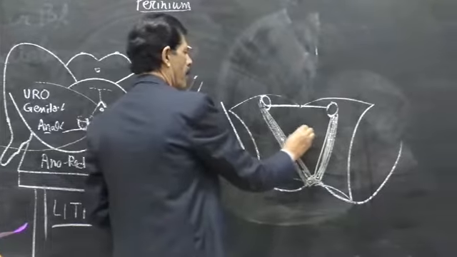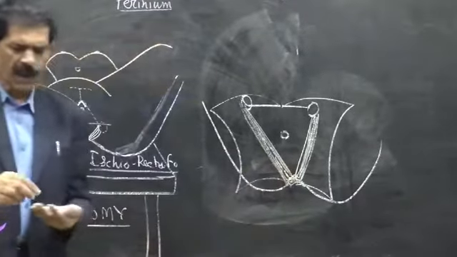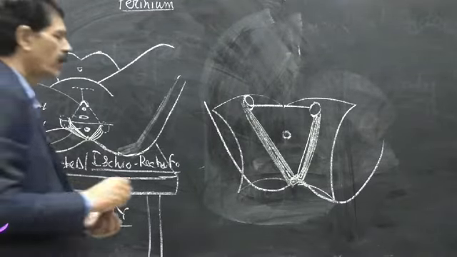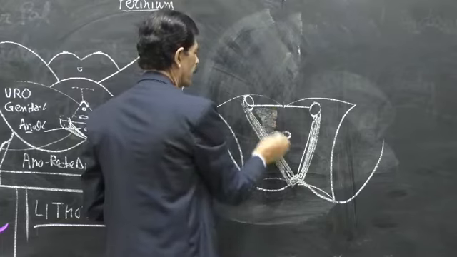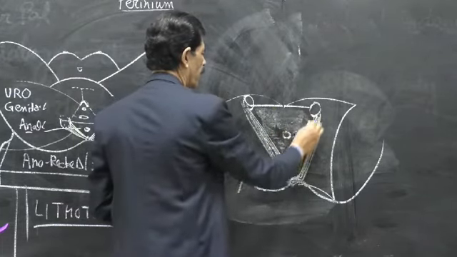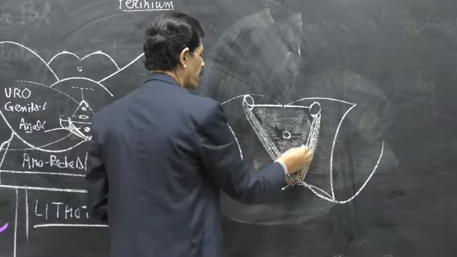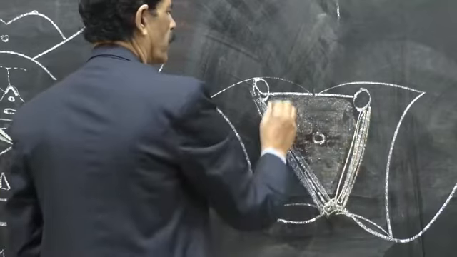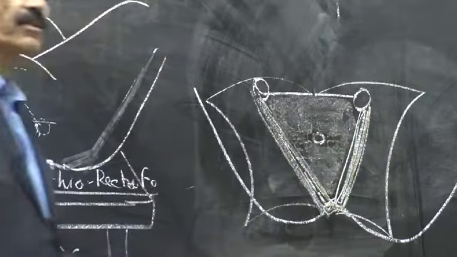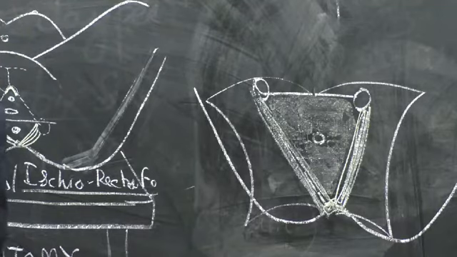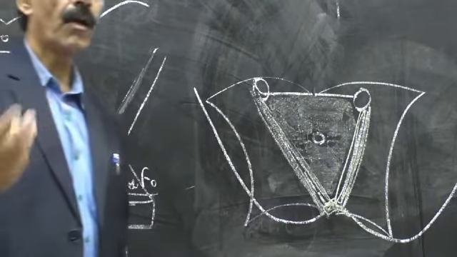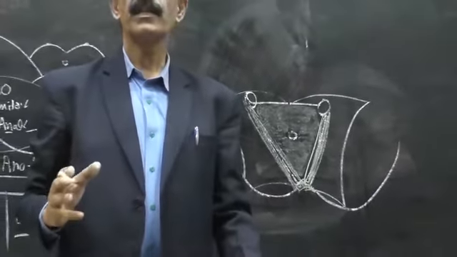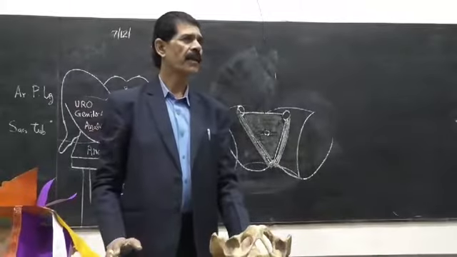Then what do you expect below the skin? What will come? Yellow color, fat everywhere. It means you are seeing the superficial fascia held by the loose areolar tissue and contains cutaneous arteries, veins, nerves, and everything. This is all surrounded by the superficial fat, and it is too much in amount. Because I already told you, fat is the packing material of the human body. So wherever necessary, a lot of fat is present.